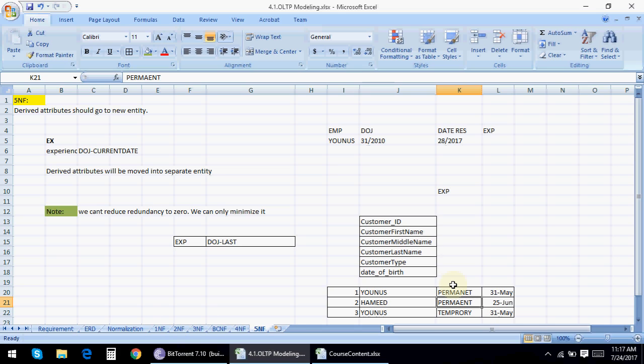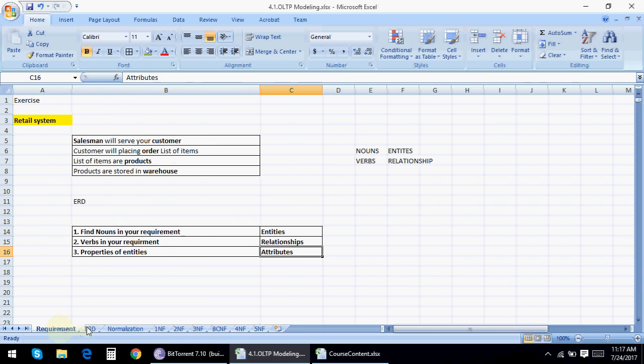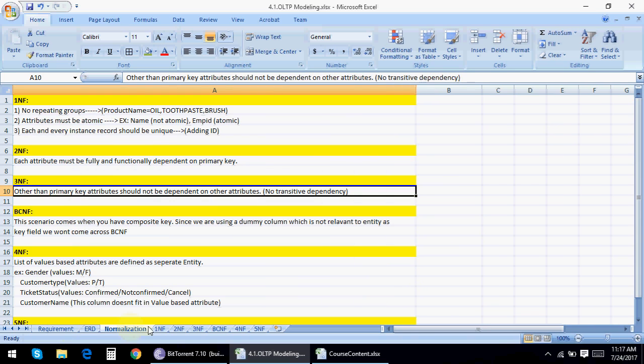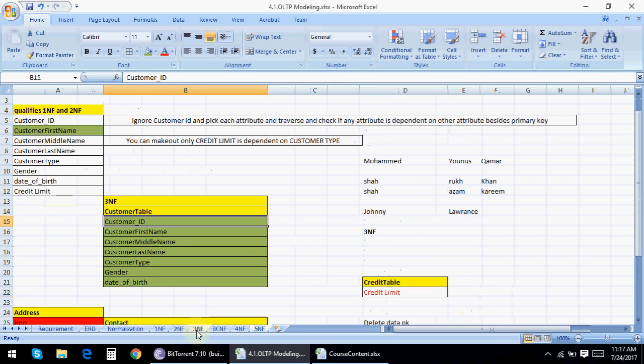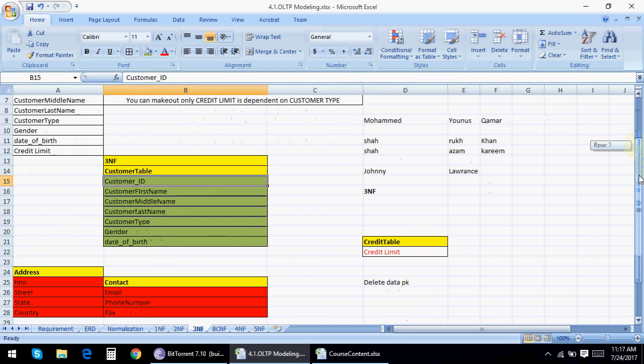So this is a case study which we were implementing, in terms of requirement, ERD diagram and normalization till 5NF. Once the data is in 3NF, usually we write the script: create table, table name, customer table, provide those fields, and add the foreign key relationships with the address, contact and credit tables. The architect will create that script and run it on our database to create the tables.